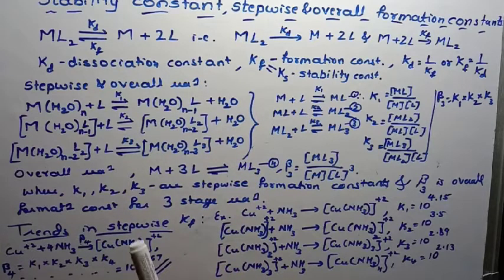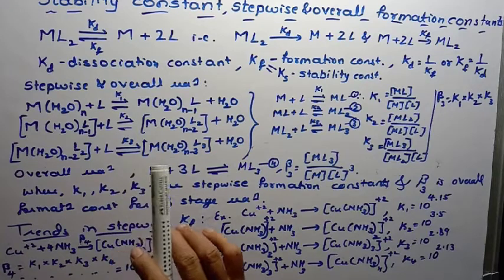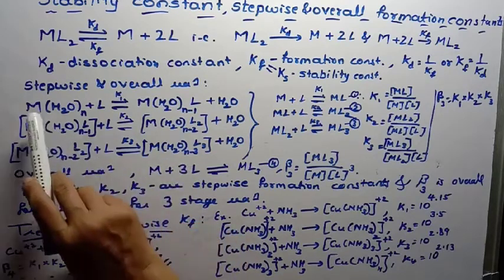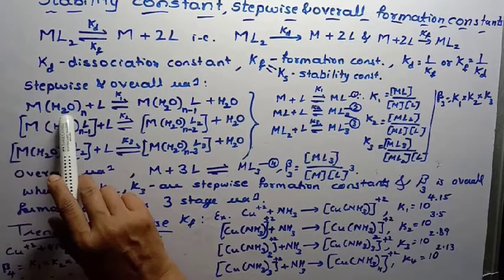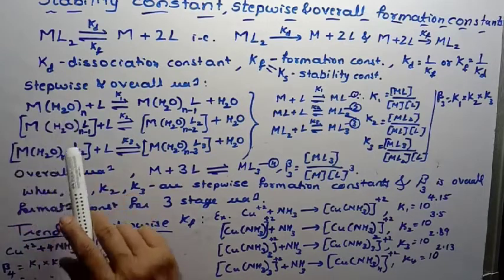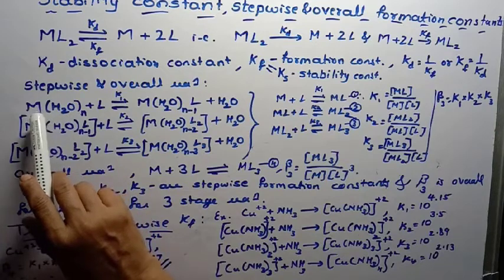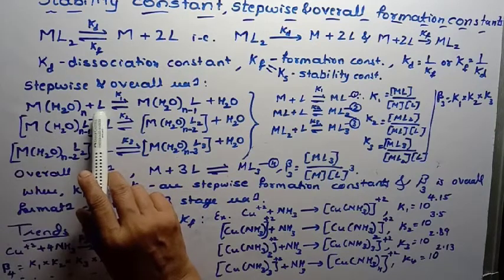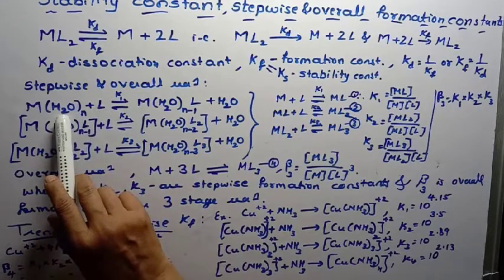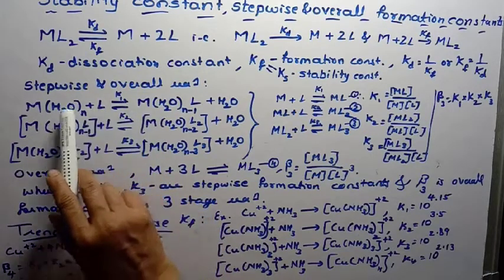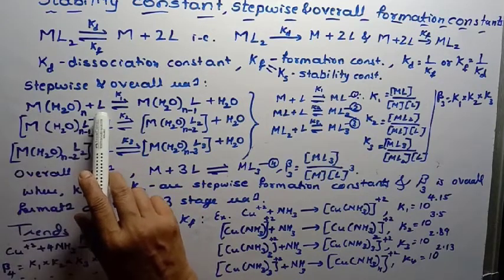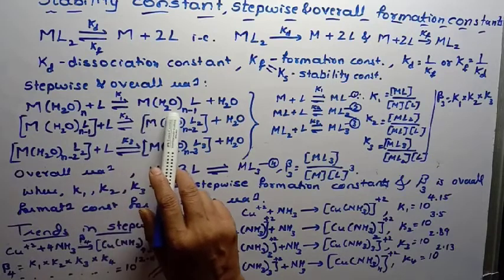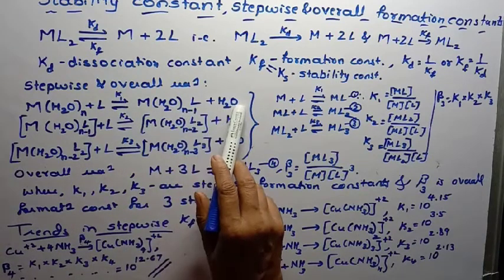Usually, in the reaction between metal and ligand, metal ions are taken in aqueous solution and made to react with ligands. That means the metal ion is associated with a definite number of water molecules, H2O molecules coordinated with the metal ion. During the reaction, the ligand replaces water molecules one by one. When M(H2O)n reacts with one ligand, one H2O is replaced by the ligand and H2O is liberated.